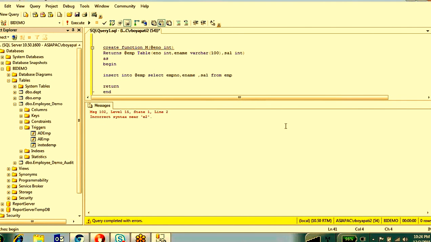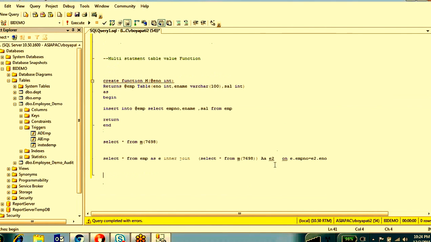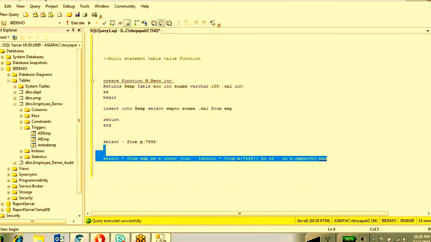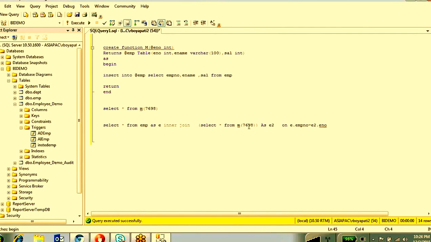For executing, sorry, as we have tried, right, it is giving this entire result. Okay, right. So this way you can join a function with a table, but you can't write a stored procedure here in place of a function.